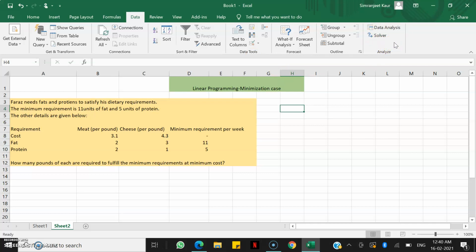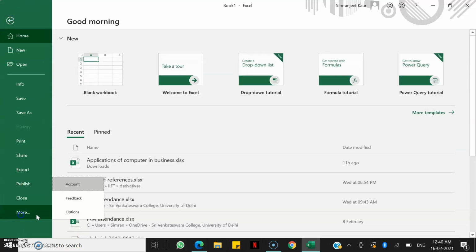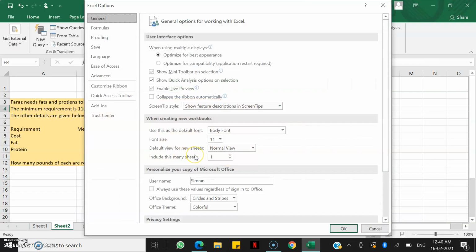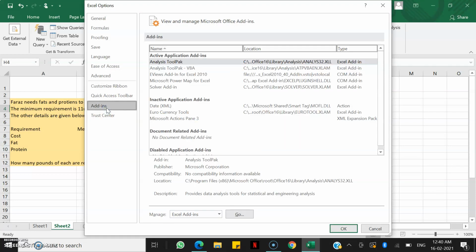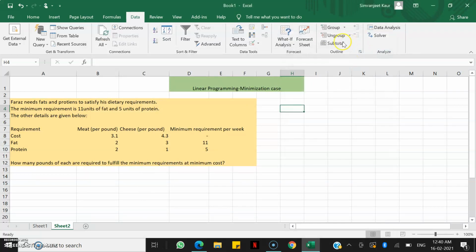If you don't have it, then you need to go to the file tab, go to the options, and I've explained it already in the maximization case also. So we go to the add-ins tab and you select solver here, press go, and check the box for solver and press OK. So now you will notice that you have a solver tab showing up in the data tab. So let's start our question.